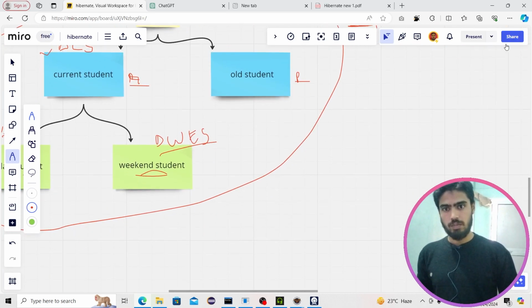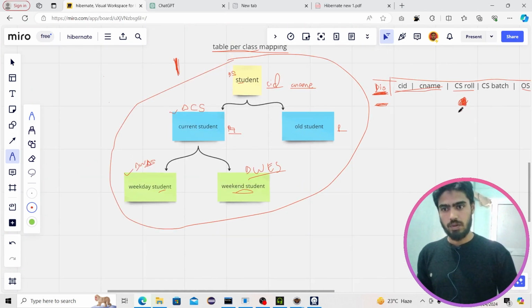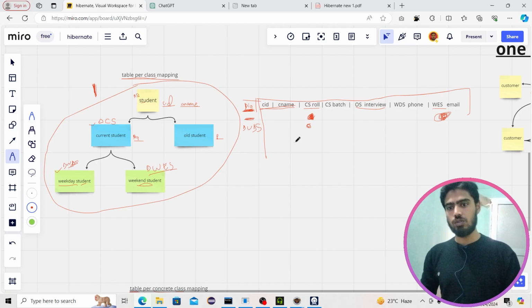So when we are inserting a roll number to weekday student, through weekday student, WD stands for weekday. So WDS, this value will automatically get inserted inside this discriminator column. So this is how we are going to do